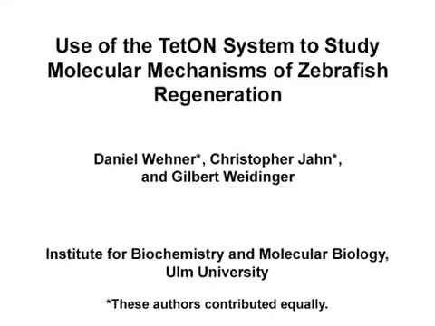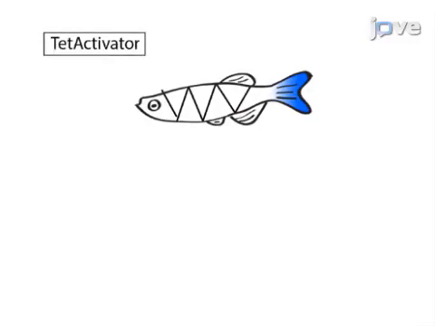The overall goal of this procedure is to set up a functional TetON system in Zebrafish to achieve conditional tissue-specific gene expression, as demonstrated in the regenerating tail fin in this video. This is accomplished by first generating TET activator transgenic lines that express a tetracycline-inducible transcriptional activator tagged with AmCyan in